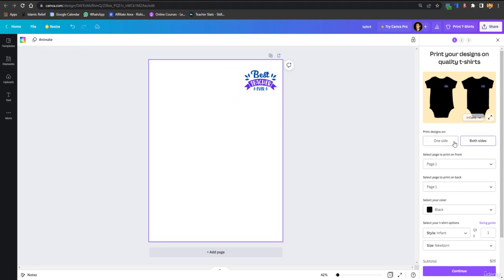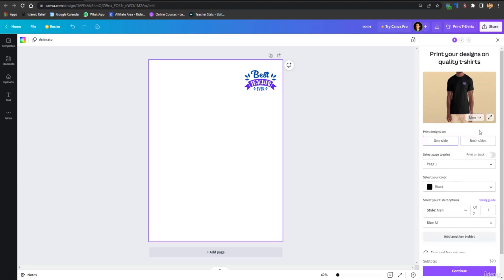So I want to make it smaller, and I want it for men, and here you go. So that's how it is looking, one side, and you have the design.